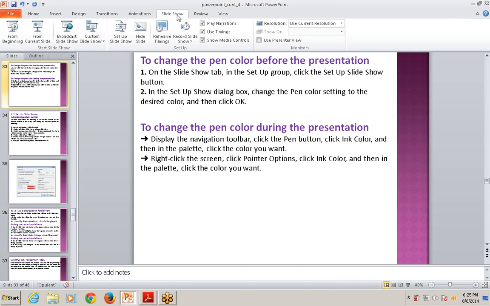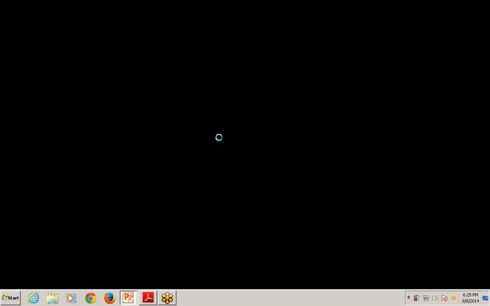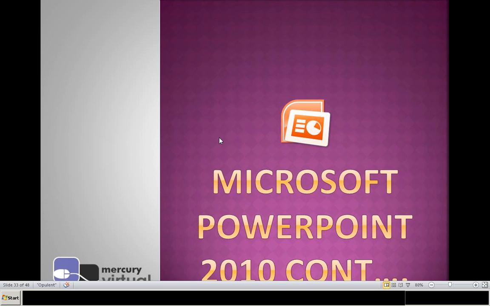Simply go to the slideshow tab in the setup group. This is the slide setup group. You can change the pen color. I can change the pen color to this one, or I can change the laser pointer color to blue. If I press OK, those will be the changes. Now,